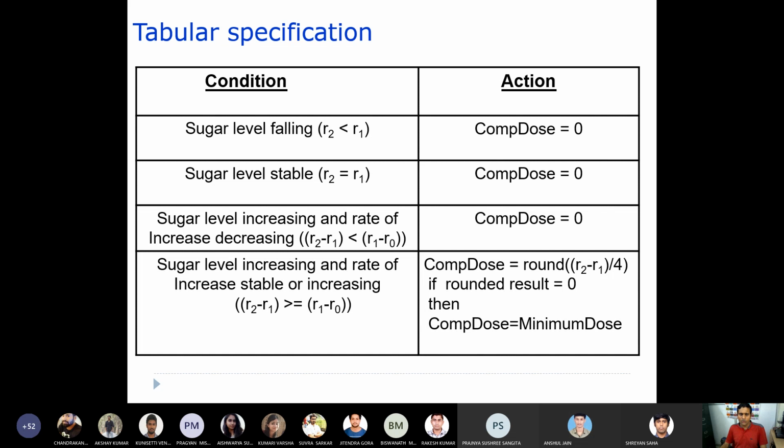Now, if the sugar level is increasing, and the rate of increase is stable, or the rate of increase is also increasing, that means you need to give some insulin, because this is the case. In the previous three cases we usually observe the sugar level falling, but in the fourth case the condition here is that the sugar level is